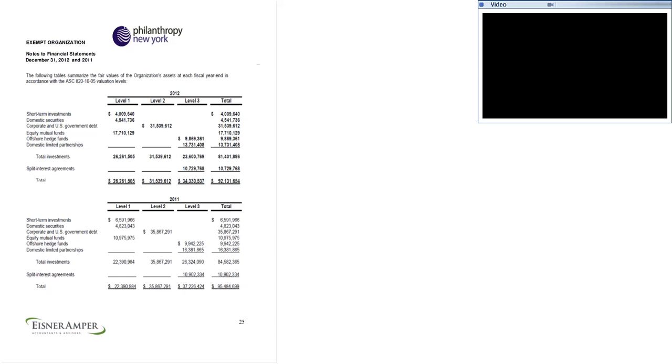The other thing that goes on is this leveling, right? And so this can kind of get confusing because what do all these levels mean, right? So to kind of break it down to bare bones, you should never get too concerned that an entity has things in level 3. That's not a bad thing. Level 3 gets a bad rap, but it's really not a bad thing. What we're basically saying here is level 1 means that the auditor can independently value this investment and get an identical value for what you own, right? So what that means is